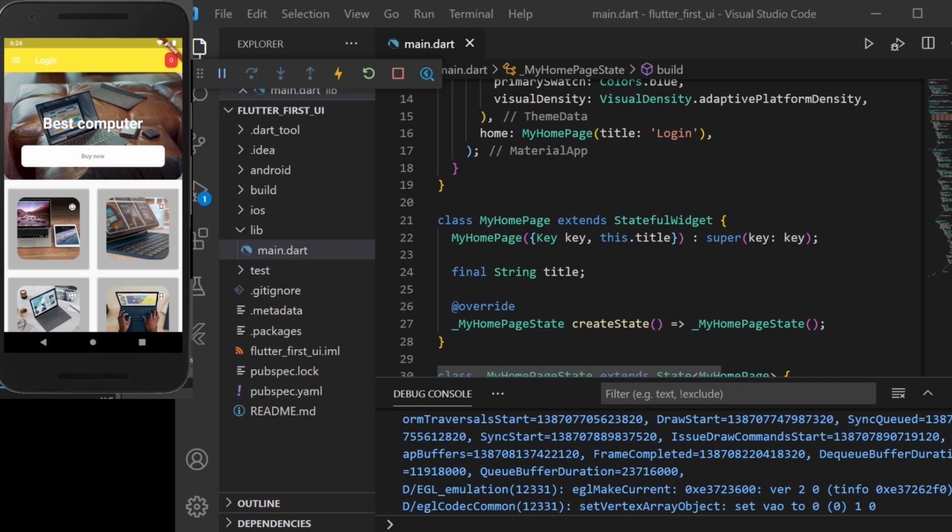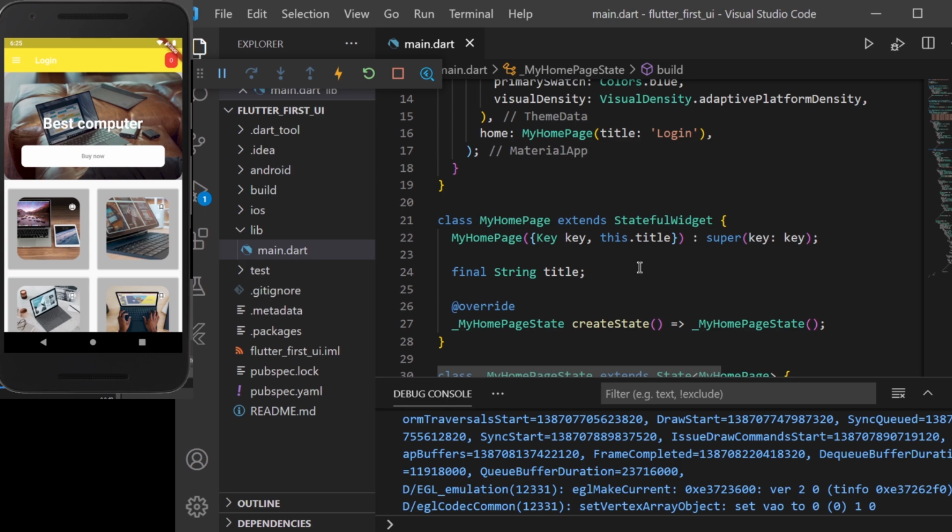Hello everyone, my name is Harsh and in this session I'll be telling you how you can implement a theme changing app which will be changing the theme from dark to light and light to dark on the click of a button. We'll also be seeing how we can add a drawer inside our application. A drawer is basically something which on click shows you all the options which are available inside your application. So let's look at it.